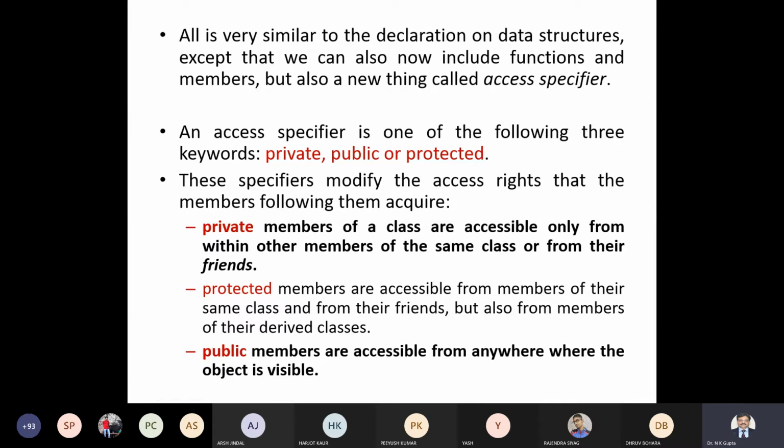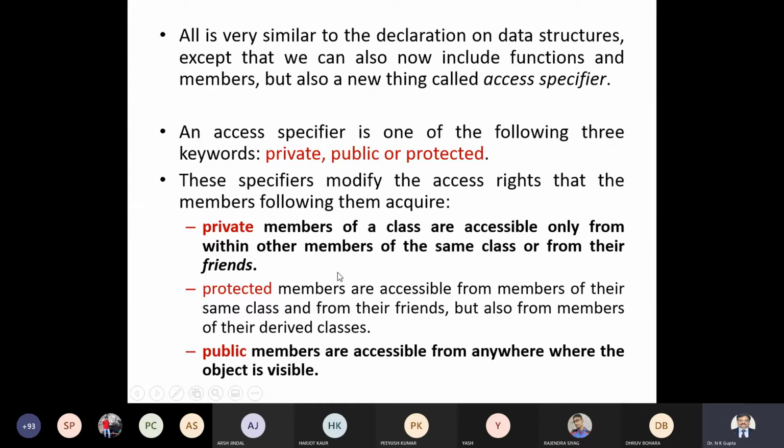Are you able to understand? Rajendra? No, sir. Can you give some example? In your class, all members in that classroom are private. And if there are some functions, only those functions which are taking place in that class can access the private data members.